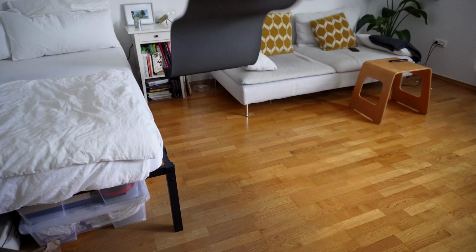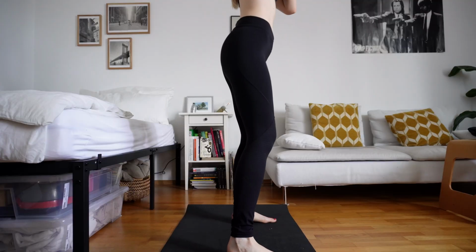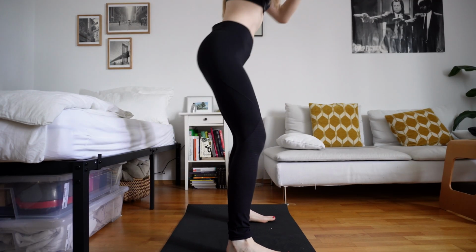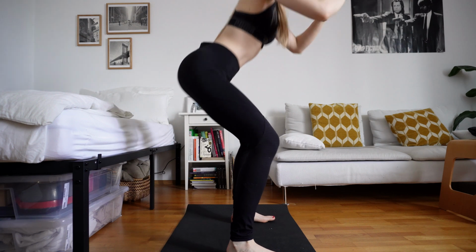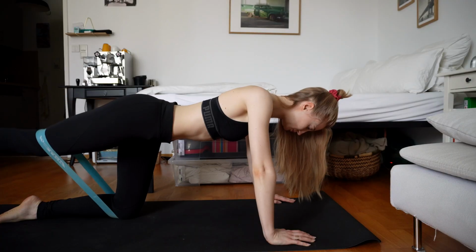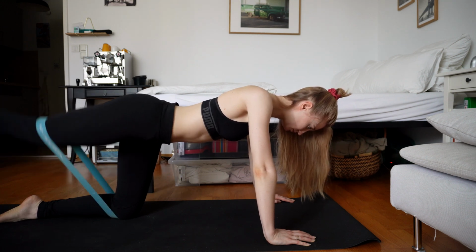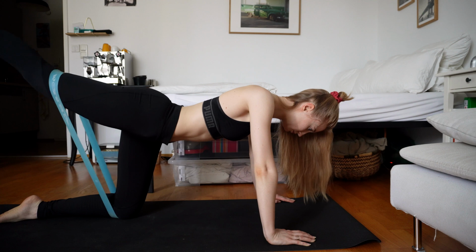Then I put on my workout clothes because I work out every morning, Monday to Friday. And that routine has really stuck with me. I've been working out in the mornings for at least 2 years now. And I used to not like working out in the mornings because I felt like I wasn't as strong, or I was just not very motivated at first. But then I got myself used to it, and now I don't think I could ever go back to working